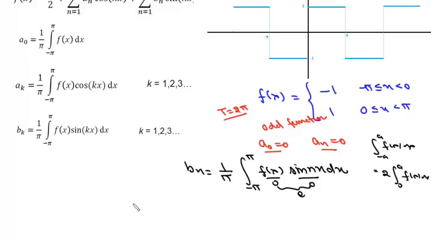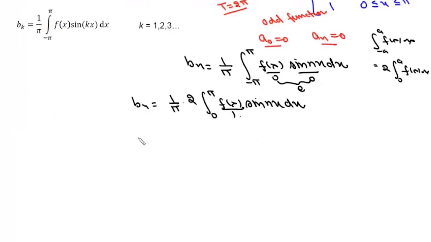So we'll write this bn as 1 upon pi, and then 2 times this integral from 0 to pi, f(x) sine nx dx. Now in between 0 and pi, this function f(x) is simply 1. So we'll put this f(x) as 1. So now we'll write this bn as 2 upon pi, and then this integral from 0 to pi,